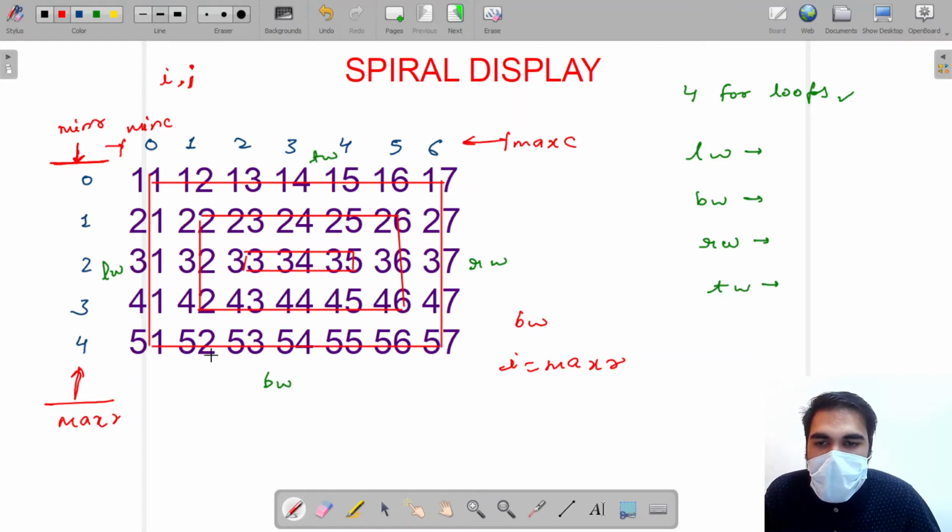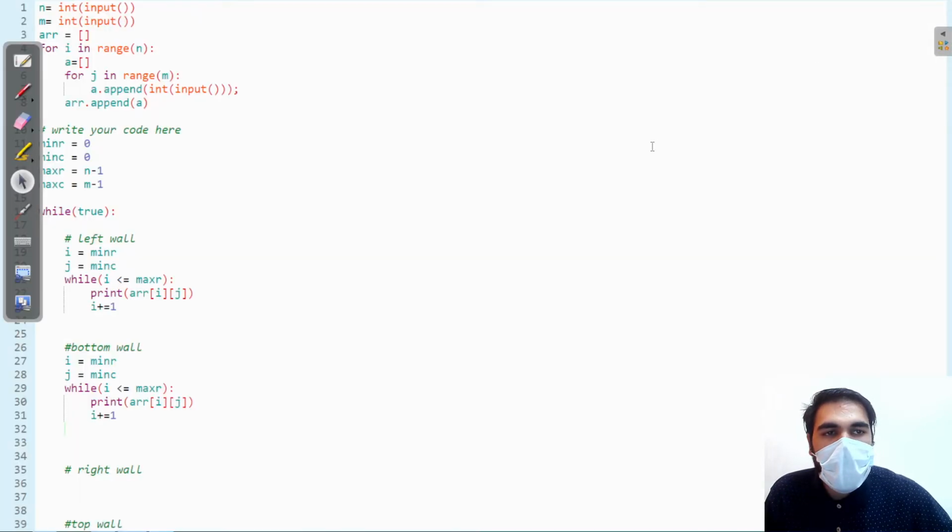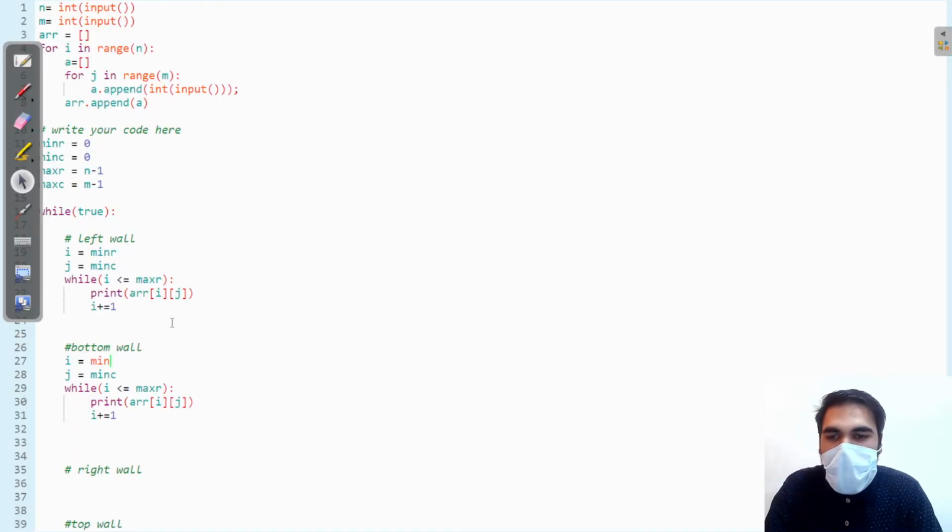No i will be changed, and our j will be moving from min column to max column. So here our i will be fixed at max row, and j will be moving from min column to max column, and each time j is incremented by 1.